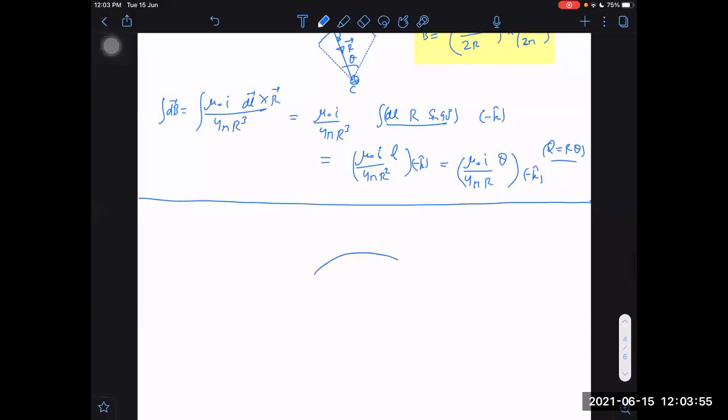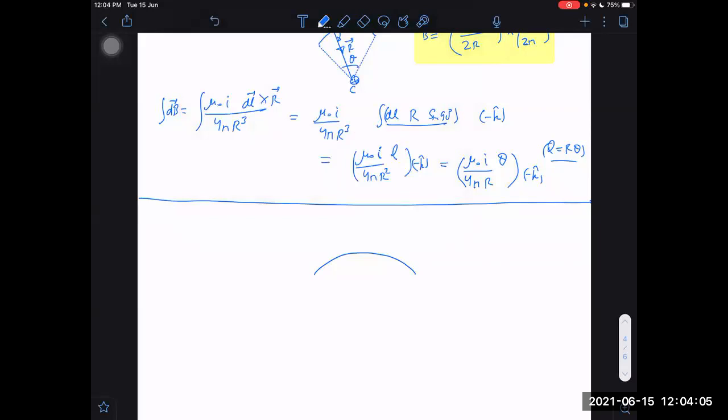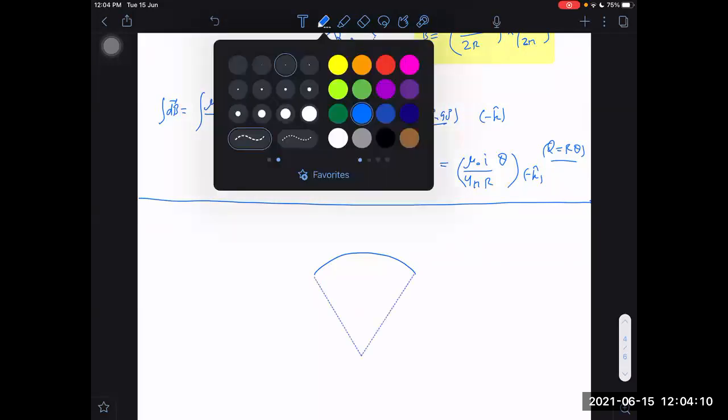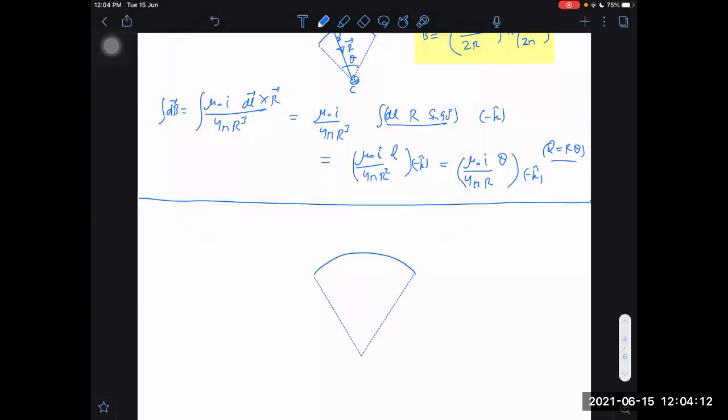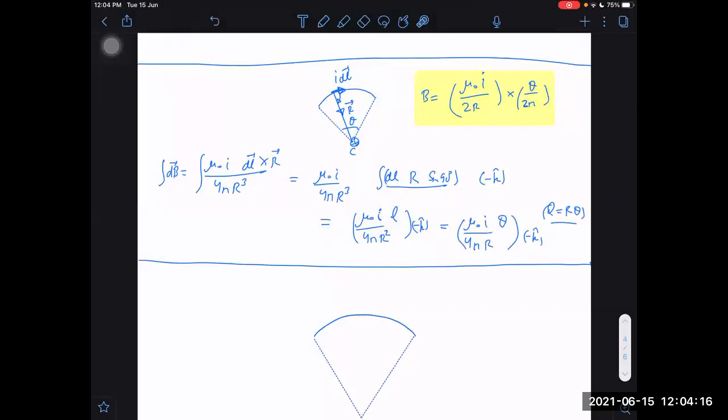Are you scared by vectors? Sir, if we do by vectors only, some quantities will become zero directly. What did you say? I can't understand. If we do by vectors, in between only some integration will be zero, sir, directly when we are doing cross. Vectors will not always be useful.